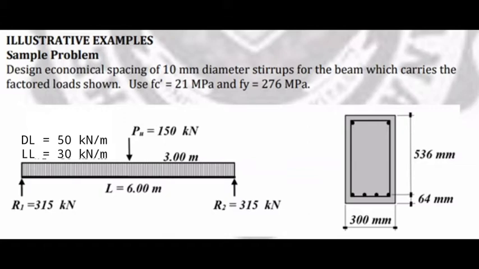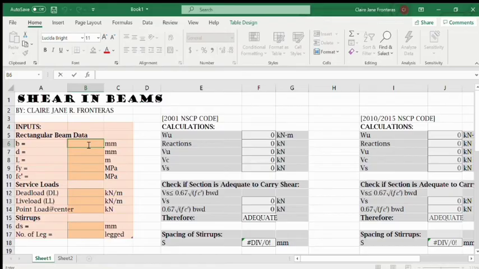rectangular beam's data. As you can see, we have the beam's width or the base or the b, it's 300 millimeters. We have an effective depth of 536 millimeters and a total of 600 millimeters total depth. We have L, which is the beam length, total length of 6 meters. We have the fy, which is stated in the problem, of 276 megapascals, and the f'c, also stated in the